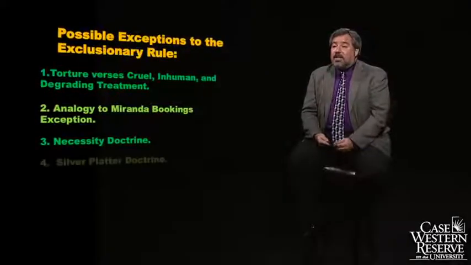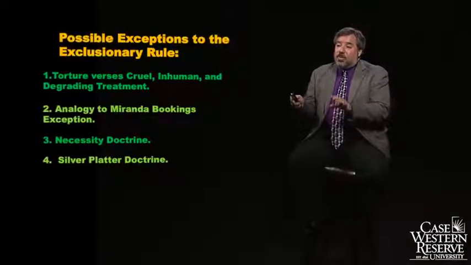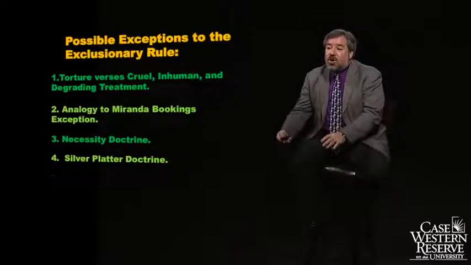And then finally is this idea of a silver platter doctrine. This is the question of why do you have the torture exclusionary rule? You do it to deter torture by your own people, by your authorities. You cannot deter other authorities from committing torture. So there was a famous case where the United States subjected some people in Guantanamo Bay to extraordinary interrogation tactics, which may have risen to the level of torture. And then they were going to be prosecuted in the United Kingdom,